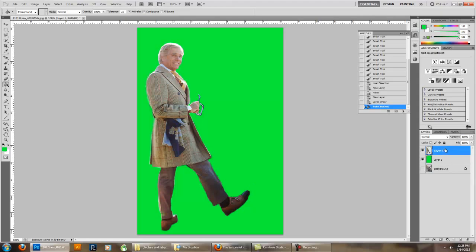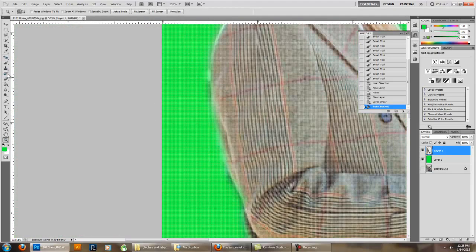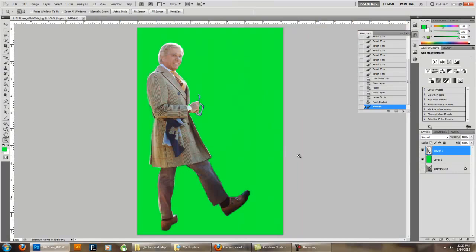Another thing, actually, I should say, you can do when you're on this layer is zoom in and, using the erase tool, you can always erase stuff on the edges if you need to. It's much harder to add stuff though, so once you've tested this, you might need to go back and refine things like that foot. So I'm going to go ahead and delete that layer,